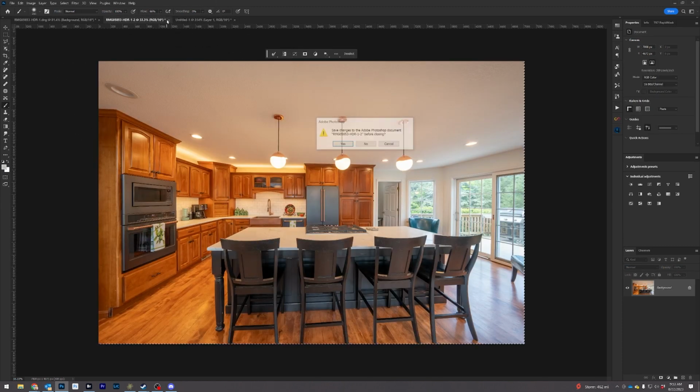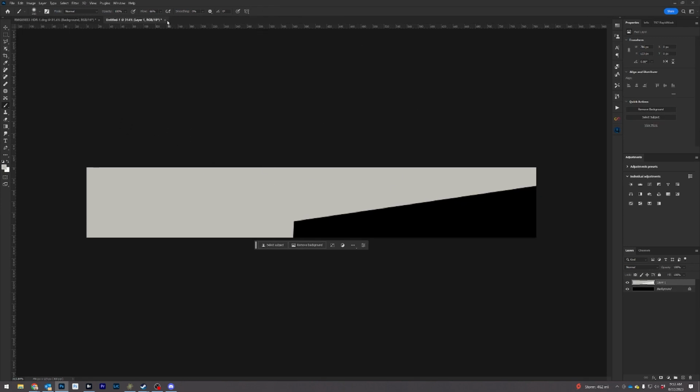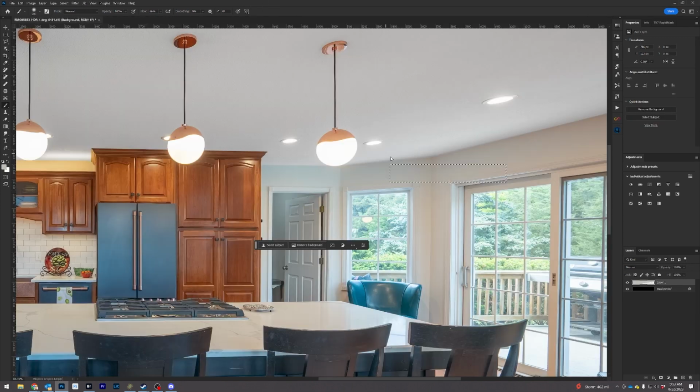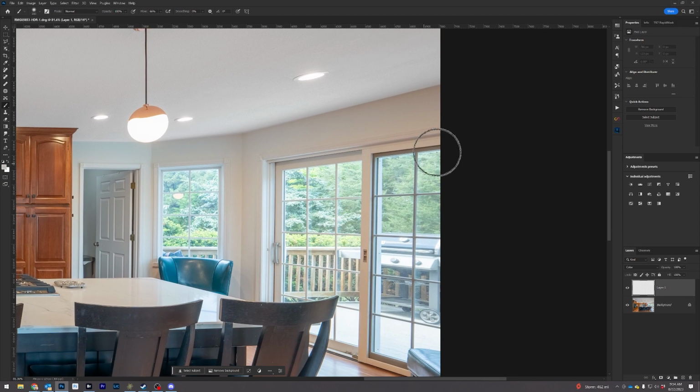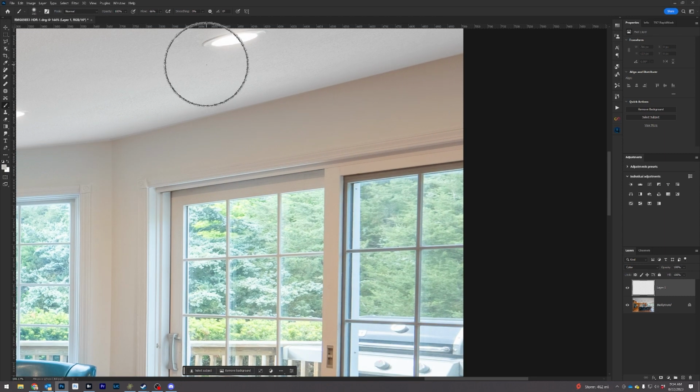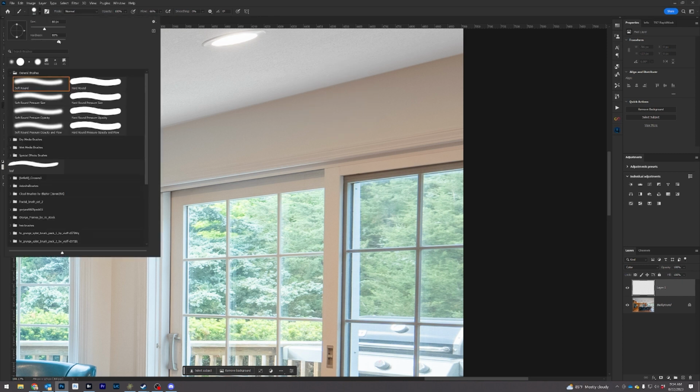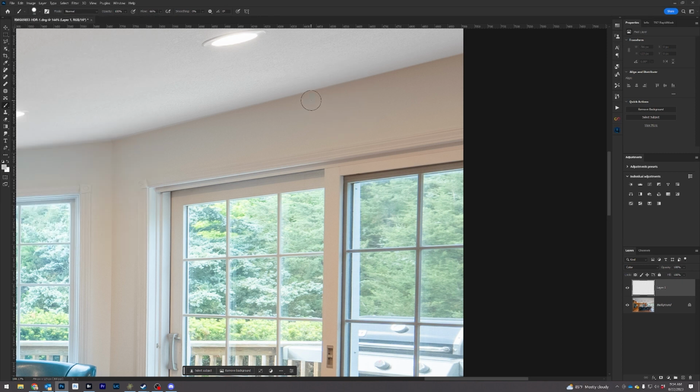That is not the right image. We're actually going to get out of there. Like I said, we're going to be working on a color layer, and of course I could color correct for this as well, and I should have done that when I did the roof, but I was just showing you an example. So I'm going to turn my hardness to like 85 and just come back in here with my color layer